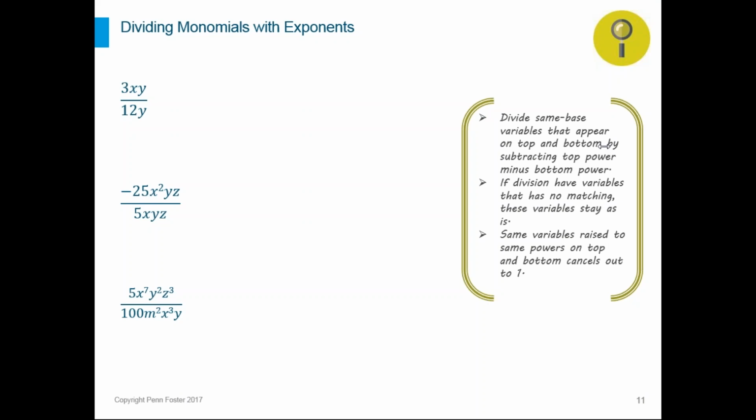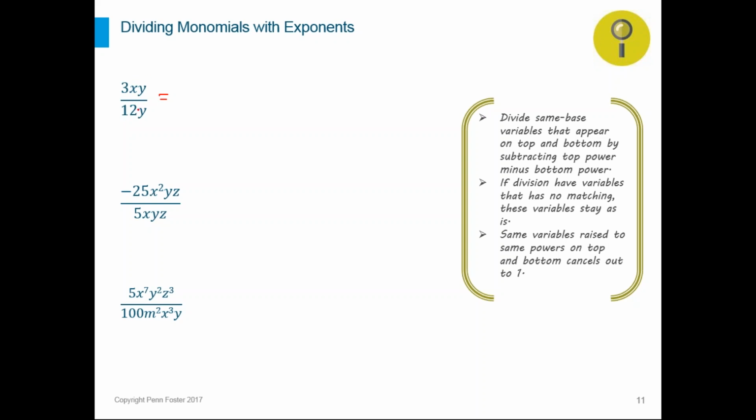So what would happen if we divide two monomials? So 3xy, we know by now it's a monomial, just one term, divided by a one-term. There are some rules that we have to follow to divide two monomials. Any monomial will have a numerical part, 3 over 12, and that looks like a fraction. So we need to go back in memory and remember how we divided or simplified fractions, because